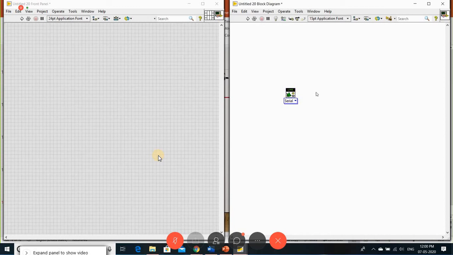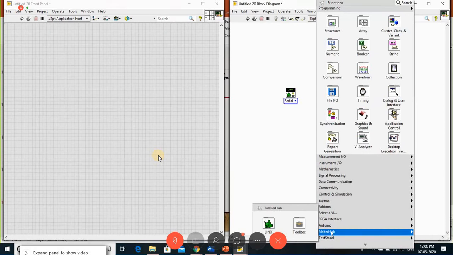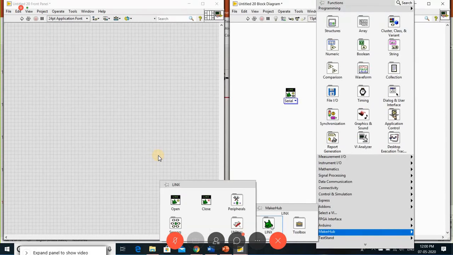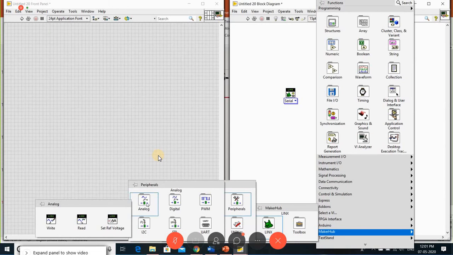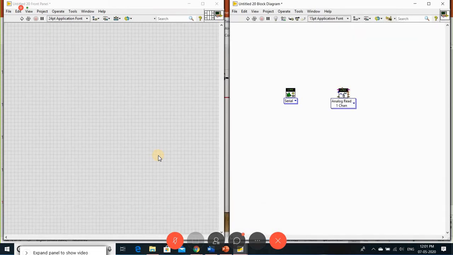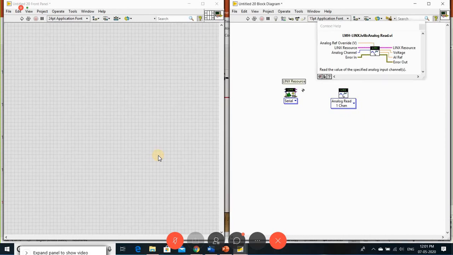Once it is identified, then through the port you choose which channel you want to read. So go to the peripheral, and choose whether you want to read the analog channel or digital channel. If you want to read the value from the analog channel, you can go to analog channel and read it. Here you give the reference to which channel you are reading.